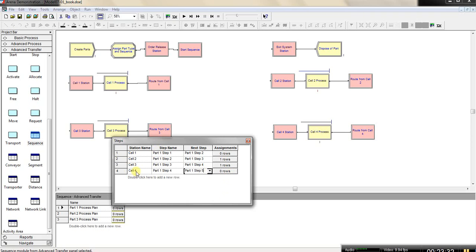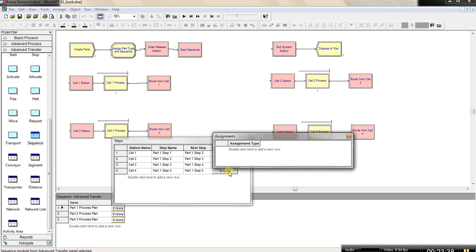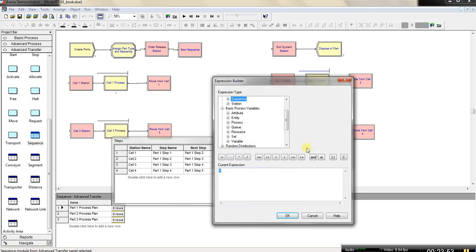Notice cell 4 also needs the processing time, so I'm going to double click on the assignment, change the assignment type by selecting the attribute, and then the attribute name is going to be process time. Then here I'm going to build the expression, find the random distributions, triangular,